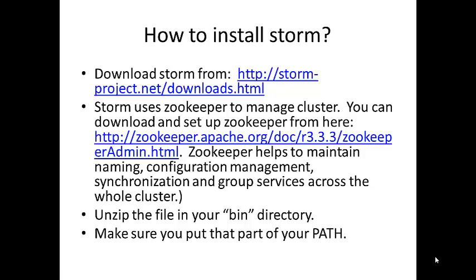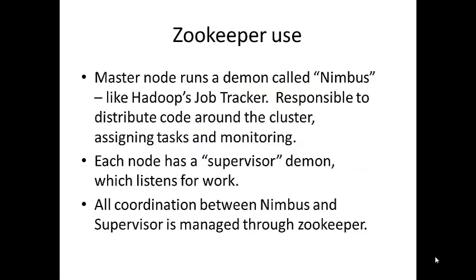So that's what Zookeeper does. Storm has its own interesting pieces. The main node of Storm is called Nimbus. It's just like a Hadoop job tracker, which distributes code around the cluster. And then each node in your cluster has a supervisor. The coordination between the main node, which is Nimbus, and the supervisor is